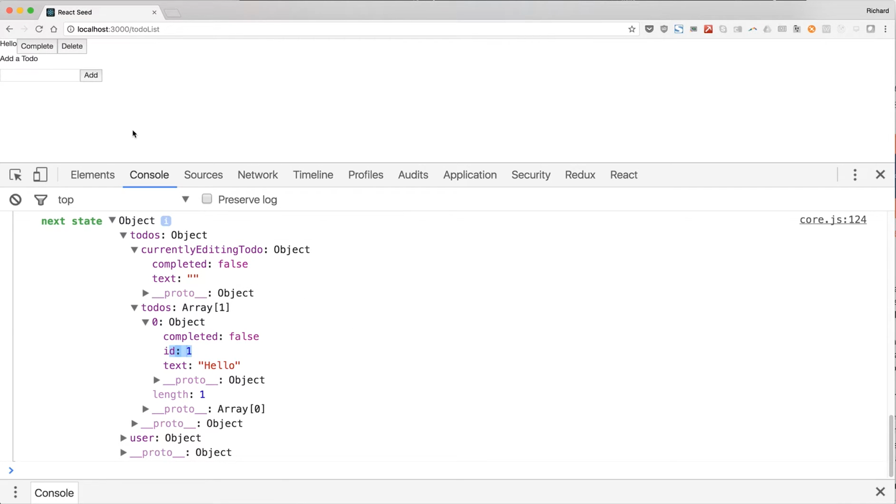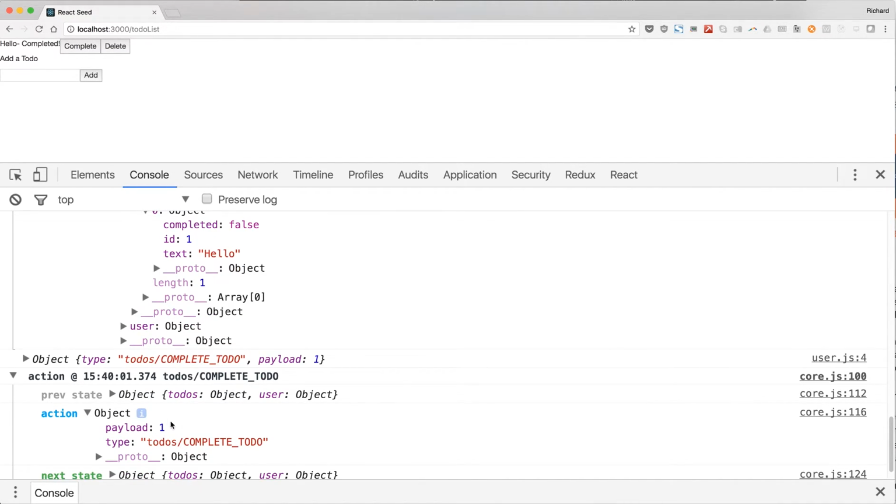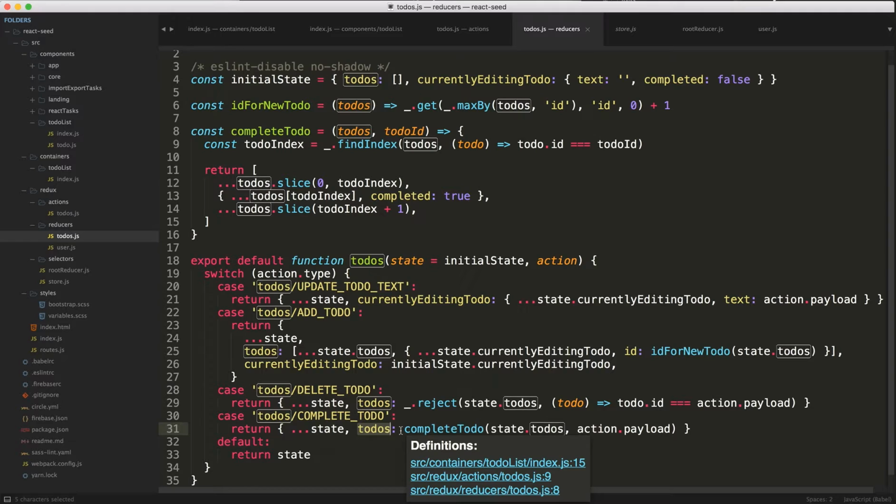Let's quickly run through some of the other interactions. If I complete this one, you'll see to-dos complete to-do fired with a payload of 1. So what did that one do? Complete to-do. That says, okay, I'm going to keep all the state. You can see the trend emerging here. You never really want to throw away your state because you're normally just making a small modification. The to-dos are going to be